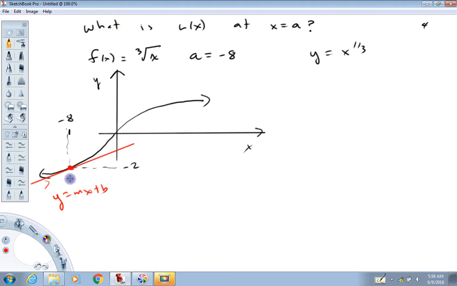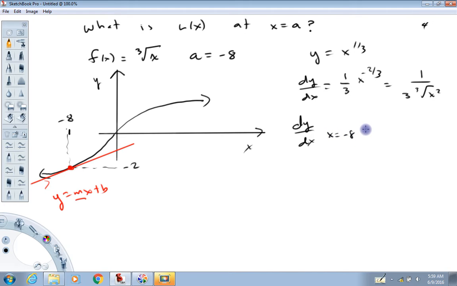So in order to find the equation for the tangent line, we're going to need the slope, which we can get from the derivative. So dy/dx, based on this function, differentiates to 1/3 x to the minus 2/3. That's the power rule: multiply, subtract 1 from the power, which we could write as 1 over 3 times the cube root of x squared, if we want something like that. Now I'm just going to apply that at x equals negative 8. So we're going to have dy/dx at x equals negative 8 is going to be